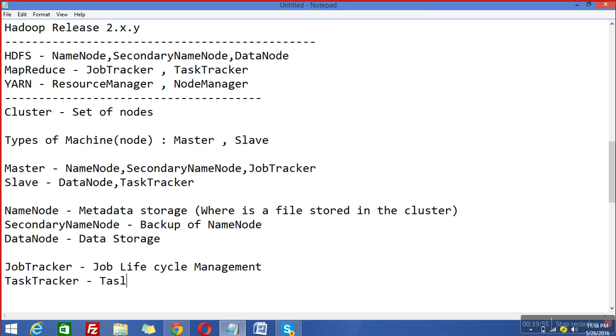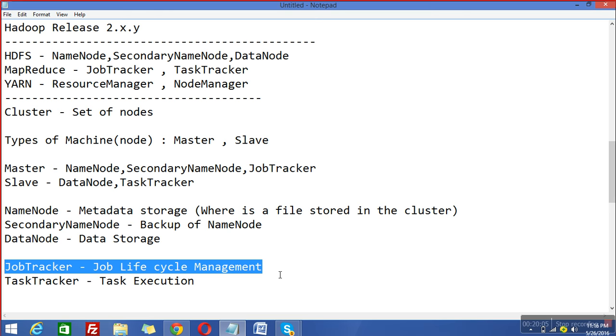So the task execution is the responsibility of task tracker. So let's say whenever you submit any job for read, write or data processing operation to the job tracker, then it assigns a job ID, creates a job, then resource allocation means RAM, processor, then waits for the job completion, then collects the output, deallocates all of the resources and submits the final output. This is the responsibility of the job tracker.